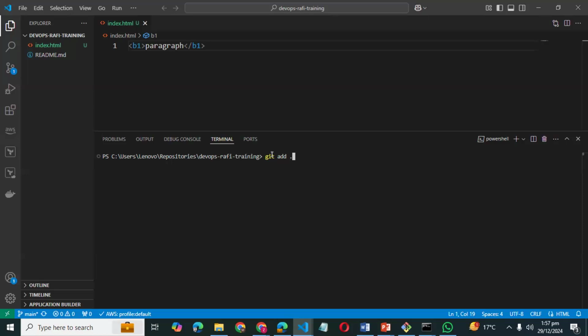So first of all, we need to write the git add dot command, and after that, what is the second command we need to run? Yes, git commit. And what is the purpose of running git commit? Git commit creates a commit and stores the changes in the git storage. And how can we run this command? You just need to write git commit, and after that